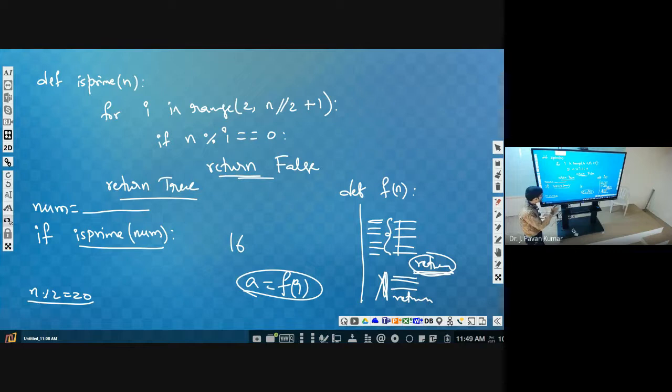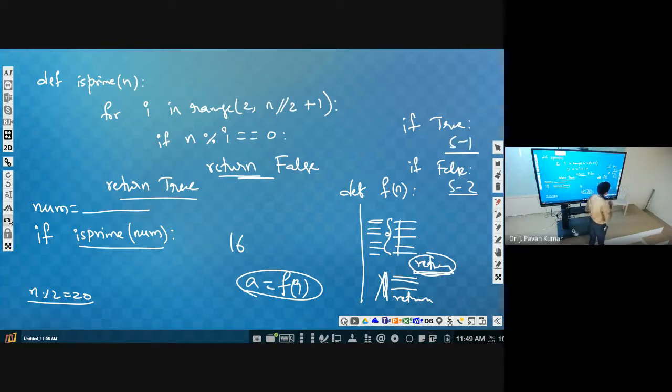Got it? So it is like writing: if true, then some statement; if false, some statement. Let us say this is statement 1 and this is statement 2. Which one will be executed, statement 1 or statement 2? Statement 1 will be executed. Why? Because it is true. We can give this directly too. I am saying if true, then you execute this one; if false, then you execute the other. False means it will automatically not be considered.